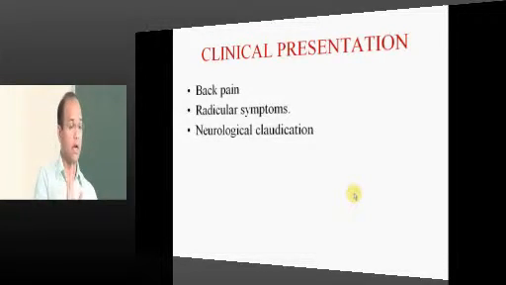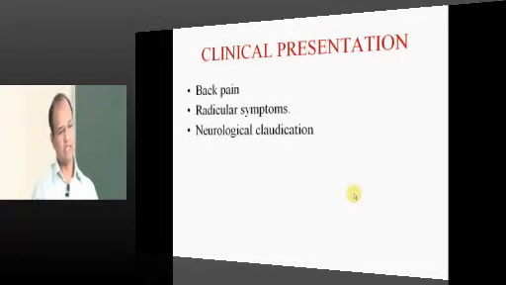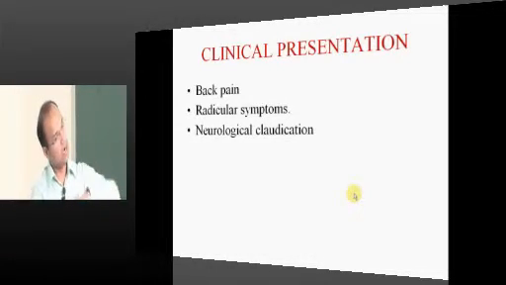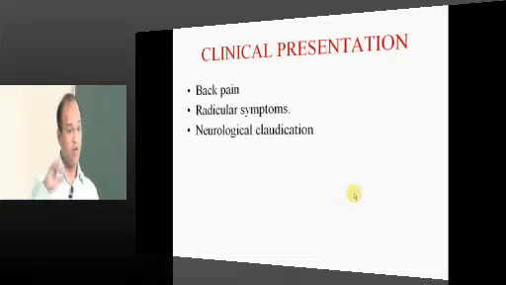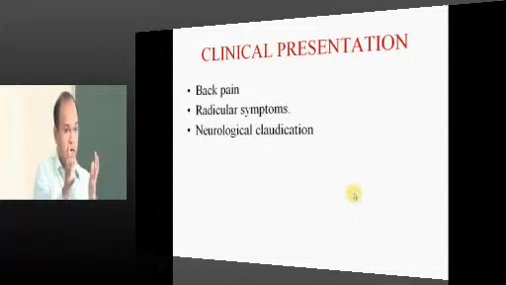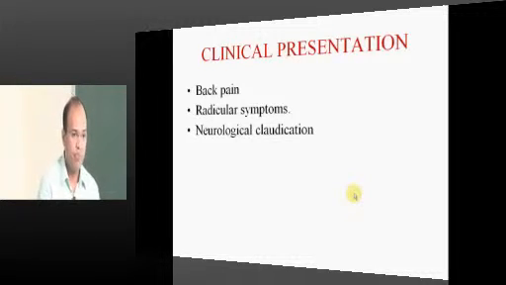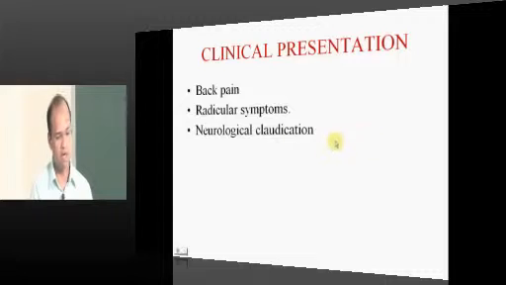But in neurological claudication, usually the pain will start in the back and radiate down. In vascular claudication, the pain will start in the leg and go up. And vascular claudication stops whenever you stop the work, but neurological claudication needs half an hour to 45 minutes of time, a bending posture so that you increase the canal diameter, right, and you have to take rest for half an hour to 45 minutes. That is the difference between neurological and vascular claudication, right.